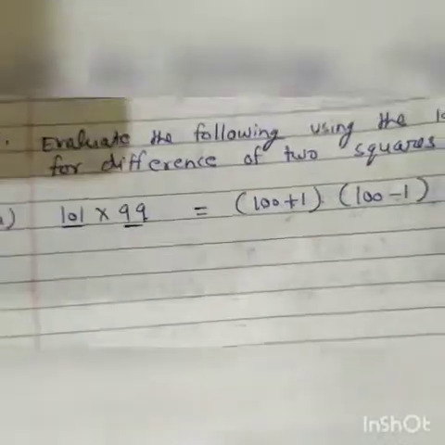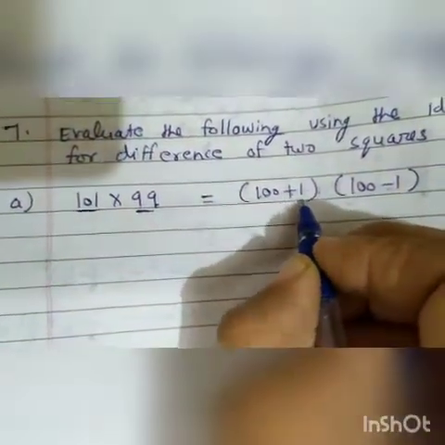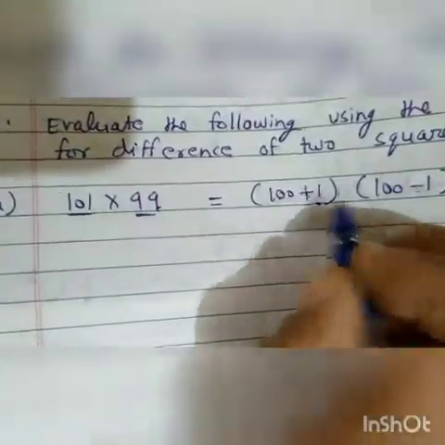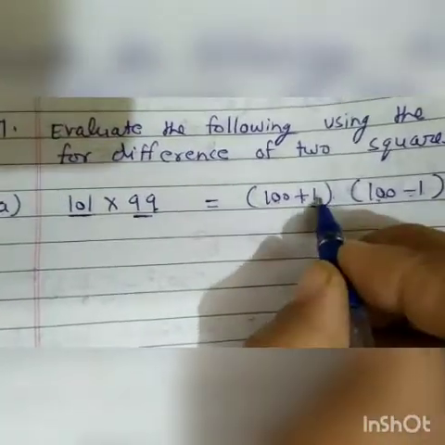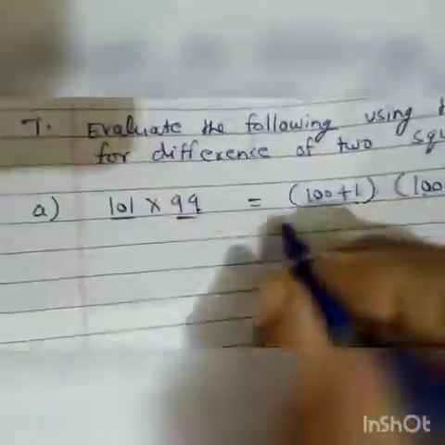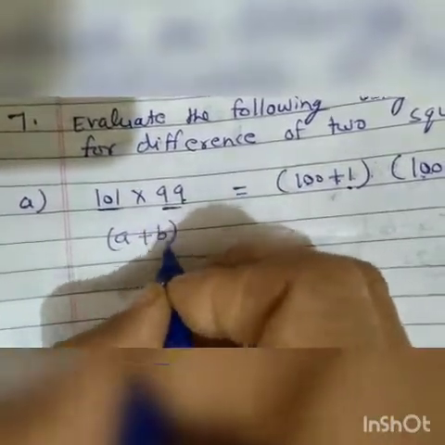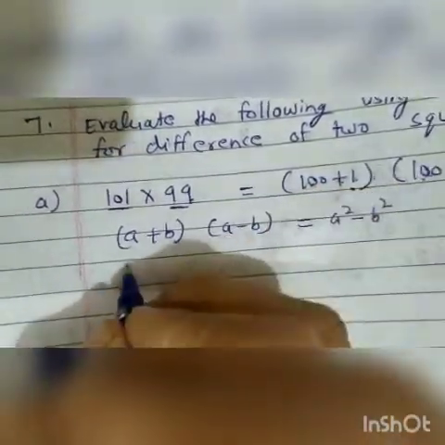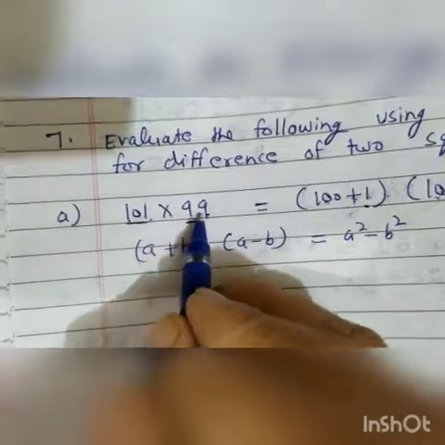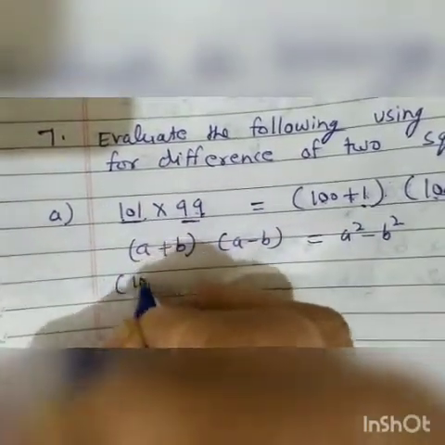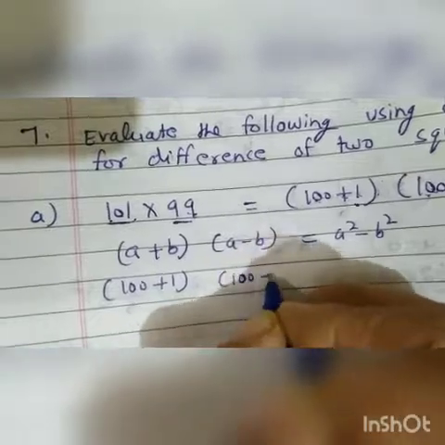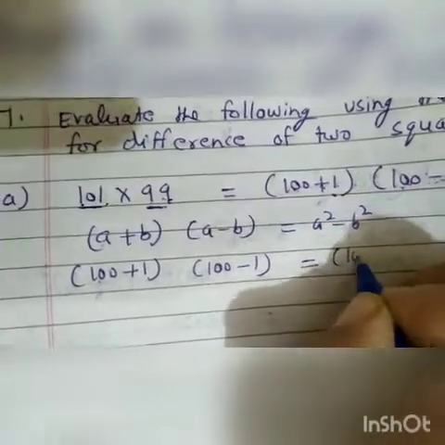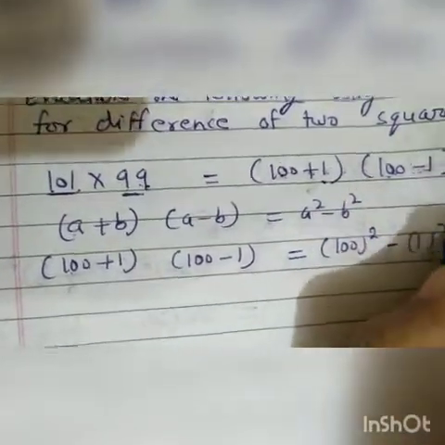It is automatically multiplication. Now see, again this is formed in the form of the third identity, (a plus b)(a minus b). Both the brackets contain the same terms, 100 and 100, 1 and 1, but with different signs. Now we will write the identity: (a plus b)(a minus b) is equal to a square minus b square. Now write this question, not this. We will not write this 101 into 99. We will write this 100 plus 1 and 100 minus 1. So a square, a is 100 and b is 1. So it will be 100 square minus 1 square.